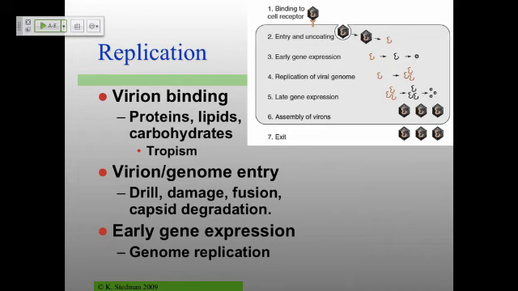First thing that happens, up the top, is binding to a cellular receptor. So that virion, alive or unalive, we can argue about that later, has to somehow find the cell, because these are obligate intracellular replicators. So it has to find the right cell, so you have that binding. Turns out that virions can bind to pretty much anything on the outside of a cell: proteins, lipids, carbohydrates, you name it. And we already saw in the hemagglutination assay that sialic acid is a carbohydrate which lots of viruses bind to. What cells an individual virion binds to is called tropism.